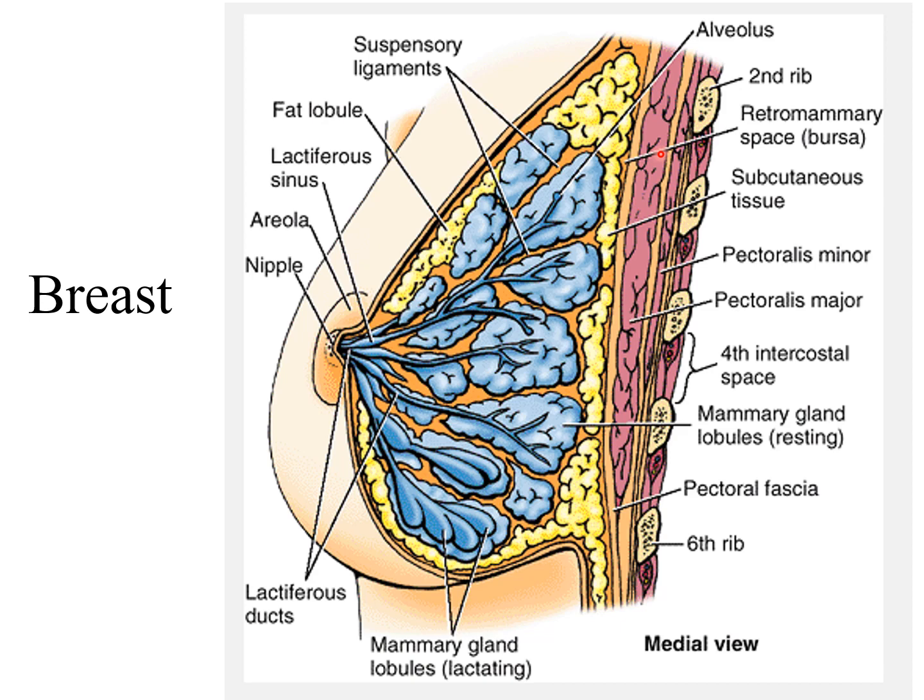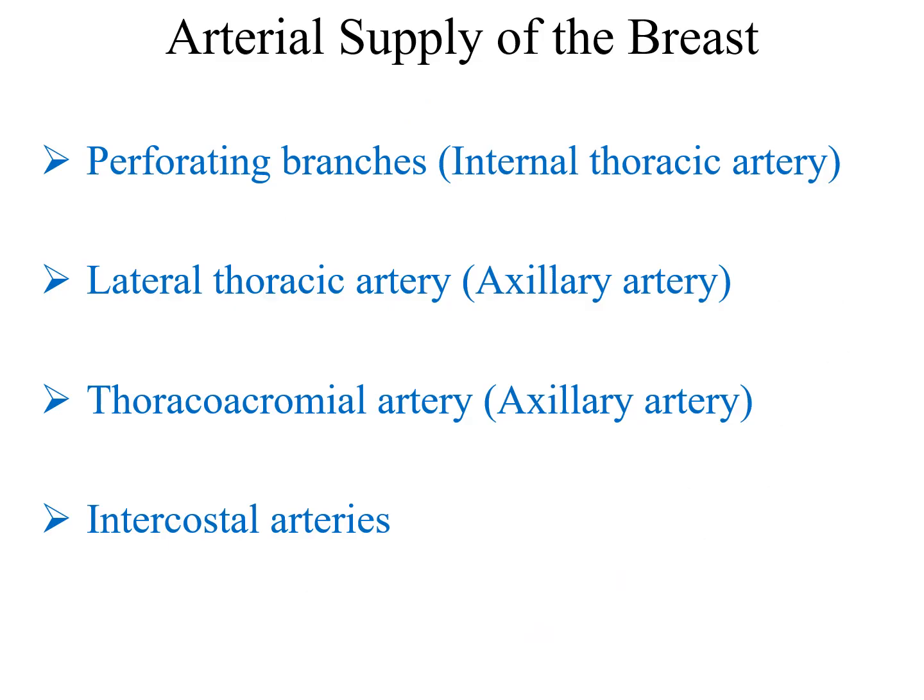This diagram is also showing the difference between the resting mammary gland, meaning when there is no pregnancy or no lactation, and when lactation is taking place, you can see how much the lobules are dilated and the epithelial tissues are dilated. So in the other picture we can also see that later on.